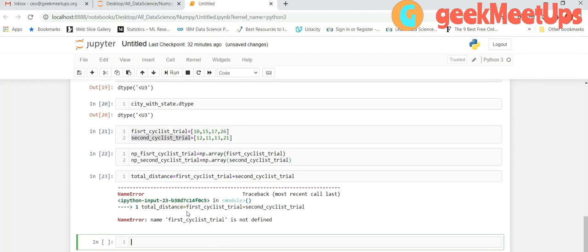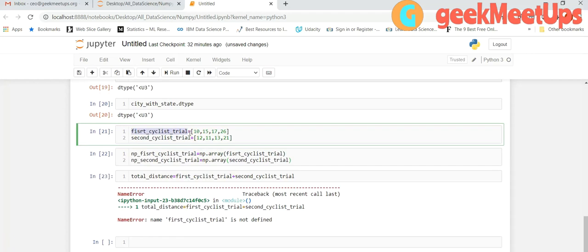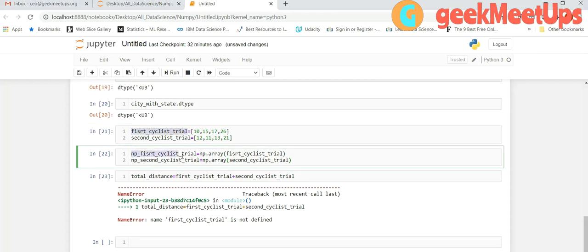I'm getting an error: first cyclist trial is not defined. Let me copy the name. We are getting this error because we have to use the names np first cyclist trial plus np second cyclist trial.